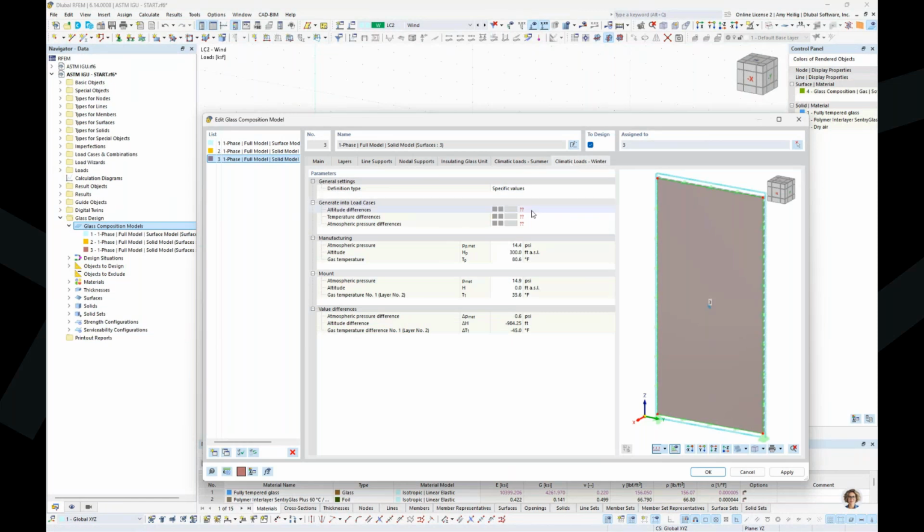Exact same concept for winter. We're going to select here my load case number 7 for altitude winter, load case 8 temperature for winter, and finally atmospheric pressure for winter is load case 9. So when this information is now set, I click OK, and the program will actually apply these loads directly to